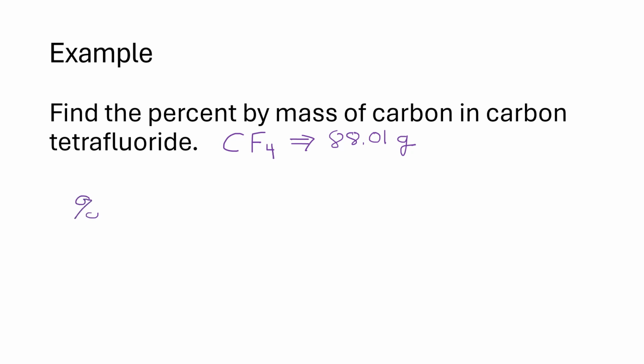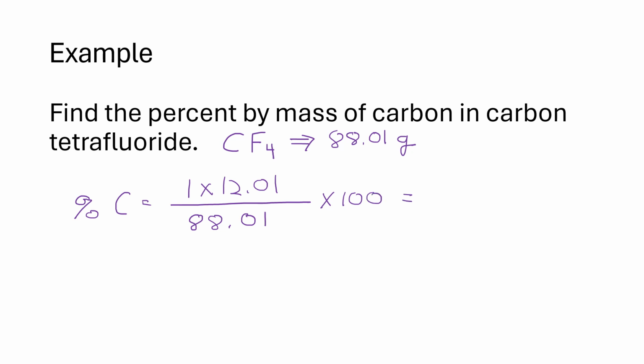So if we're going to find the percent by mass of carbon, that's going to be the mass of carbon. Well, there's only one of them, and it has a mass of 12.01. So the numerator there with the mass of carbon is 1 times 12.01. The denominator is the mass of the whole compound, or the molar mass, 88.01. And then we'll multiply times 100. And so that's going to be 12.01 divided by 88.01 times 100. And that's going to give us